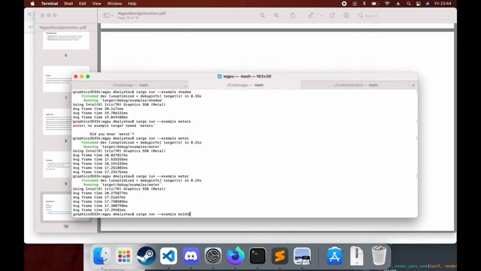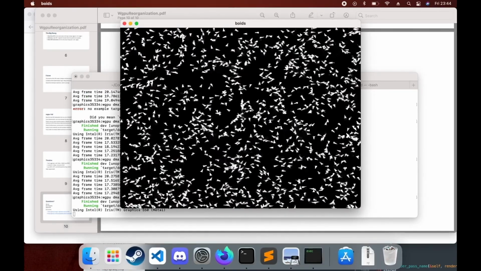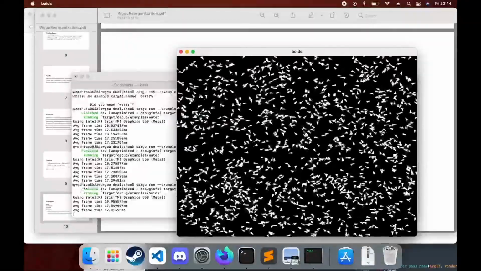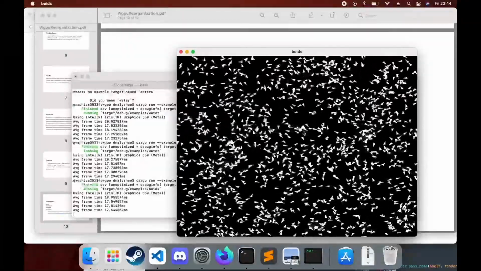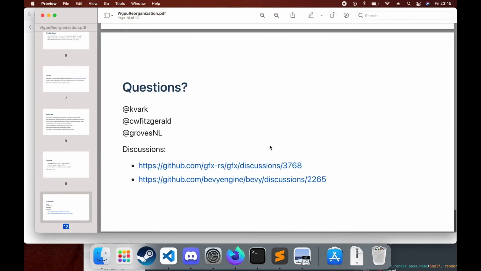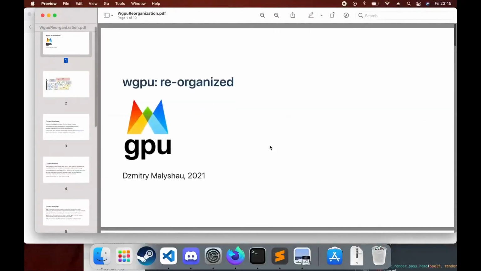We can run the other example. This is a compute example. It uses shader array length and emulating voids. These are all standard examples, but the point is that the Metal backend is already working, and more to come. The topic on the graphics abstraction is a big one, and it deserves its own talk, maybe next month. So this is it. Thank you for listening.